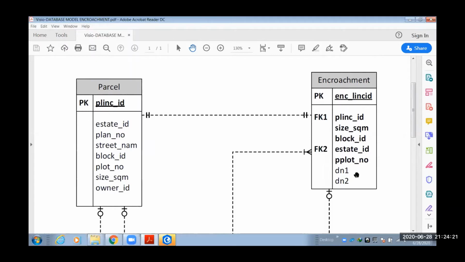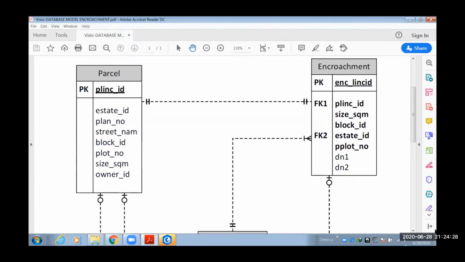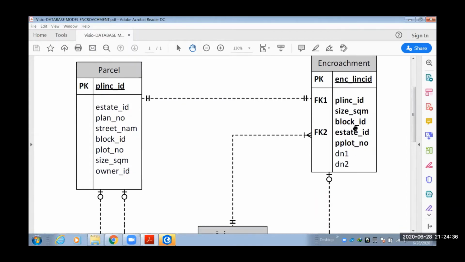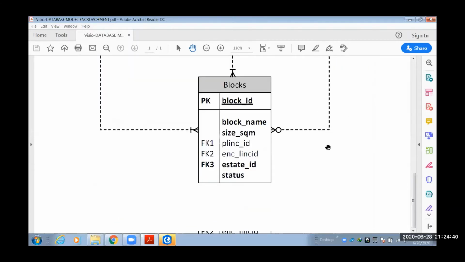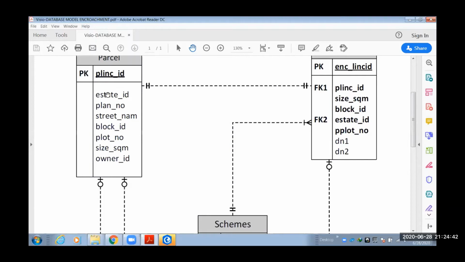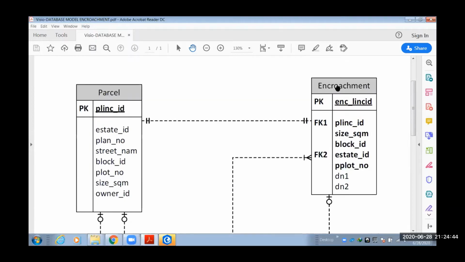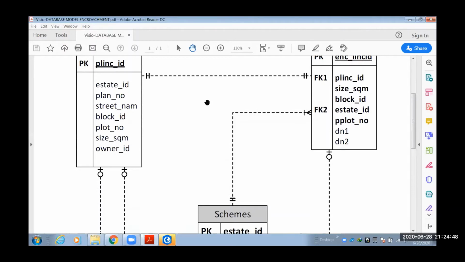But anytime we want to do image linking or document linking, I will let us know. We will not be doing that today, but it will be in our attribute table for the encroachment. So now that is the model. Now, if you look at this, except this parcel and encroachment that has a one-to-one relationship, every other relationship,